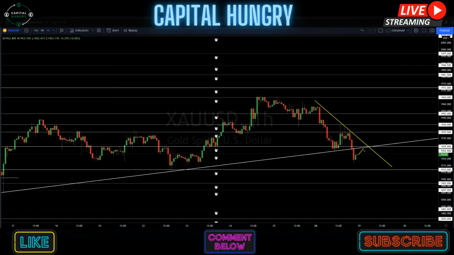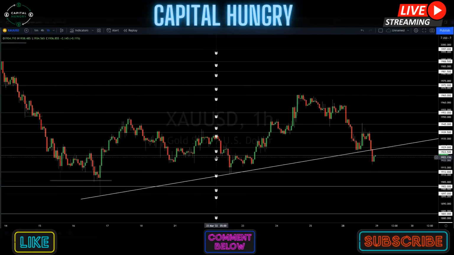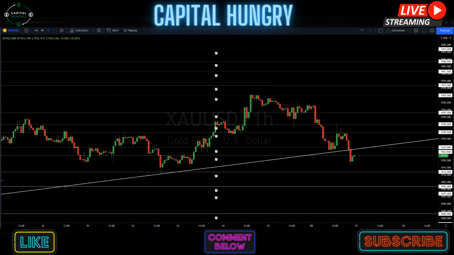So if we were to pull back to 1929 and fail to break, or break below 1912s, I can see us continuing some of these sells to the downside here on gold. Obviously keeping in mind this intraday range we are still in. So if we come up to 1929, fail to break, or break below 1912, I would see some potential sells back down for deeper pullback plays on the higher time frame, safer sells if we break this 1912 and 1910 demand zone.